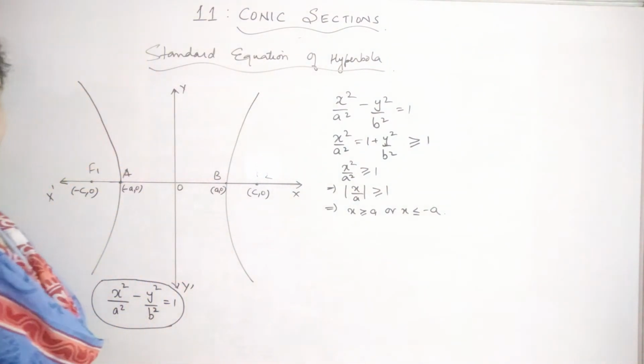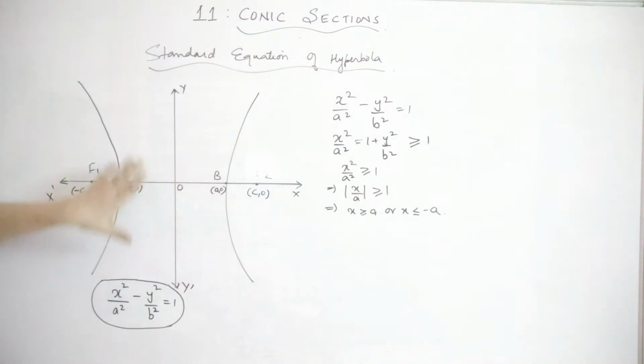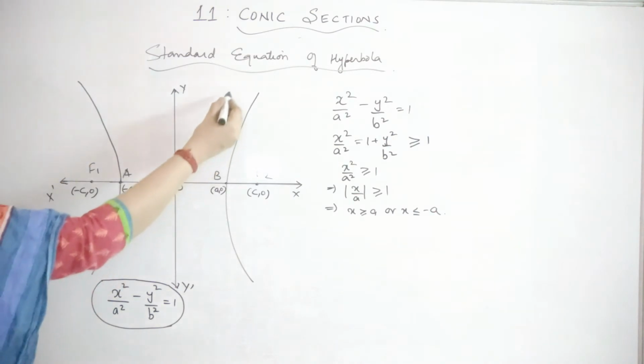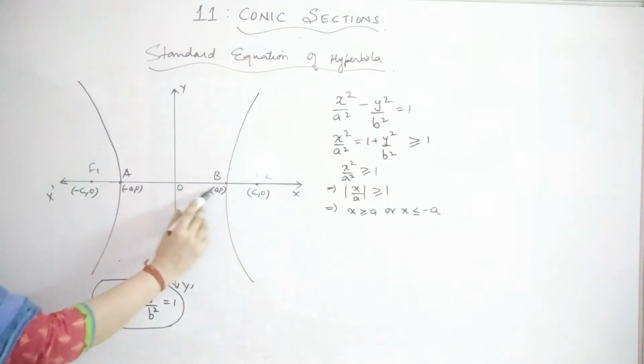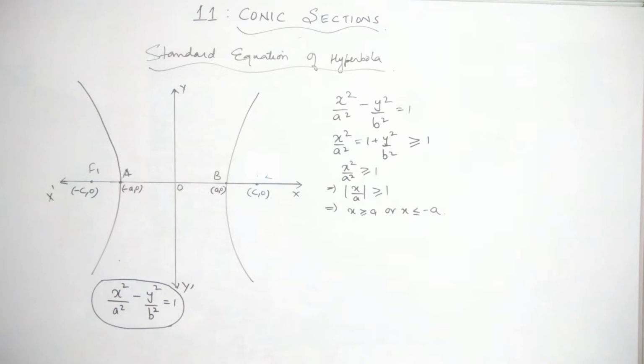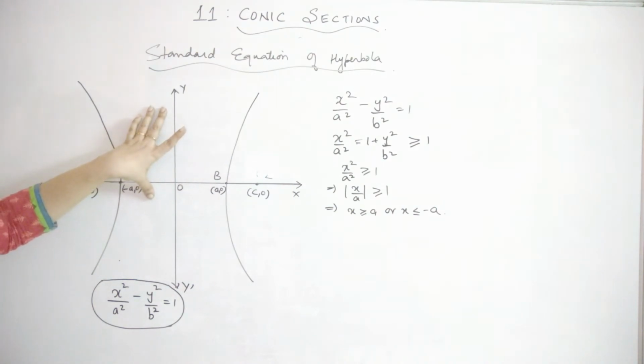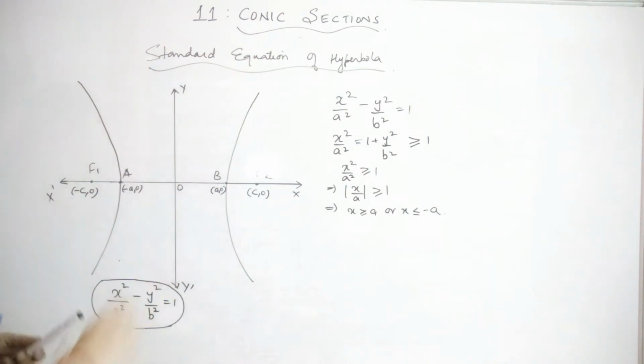And this shows that in the figure of the hyperbola, x equal to a is the line passing through this point, and x equal to minus a is the line passing through this point. So in between these two lines there will not be any portion of the hyperbola. Okay, so in between x equal to a and x equal to minus a, you will not have any portion of the hyperbola. That is, the meaning is there is no intercept on the conjugate axis. It is only touching on the transverse axis, no intercept on the conjugate axis, because no portion is there in between x equal to a and x equal to minus a.